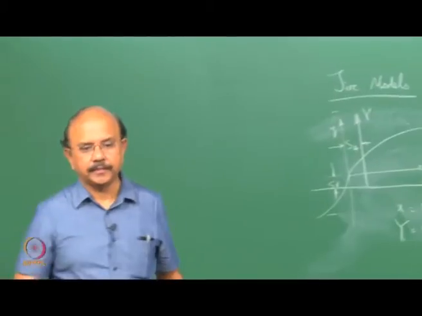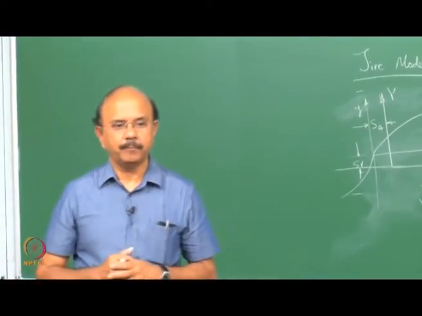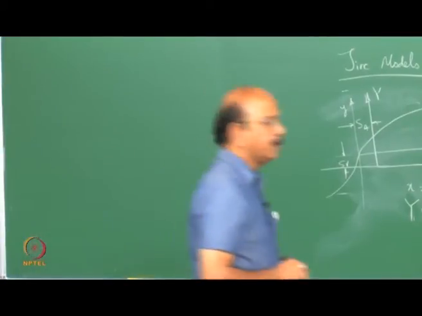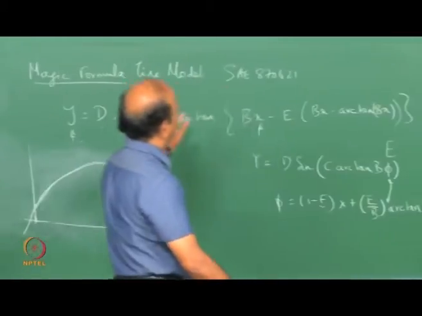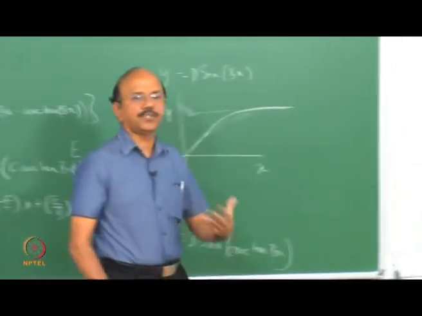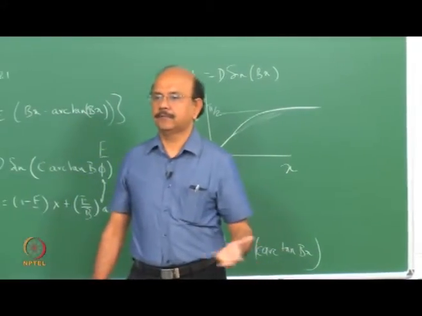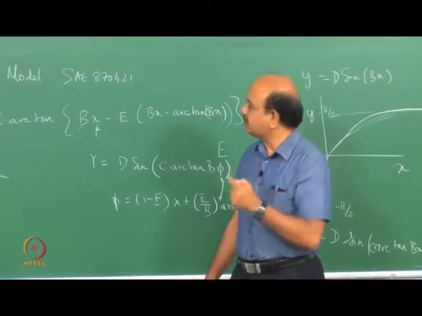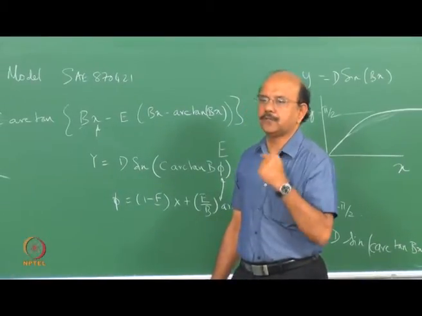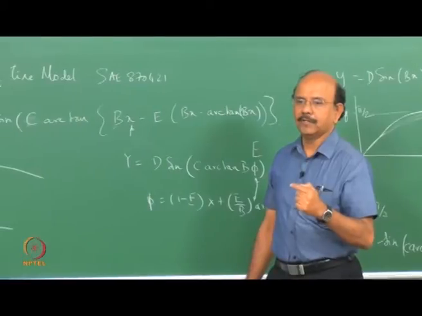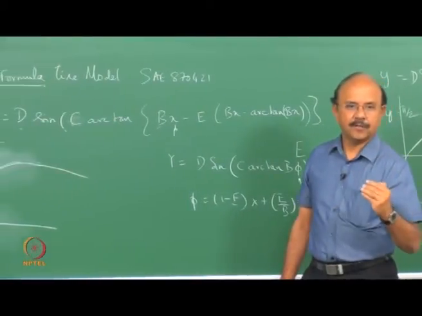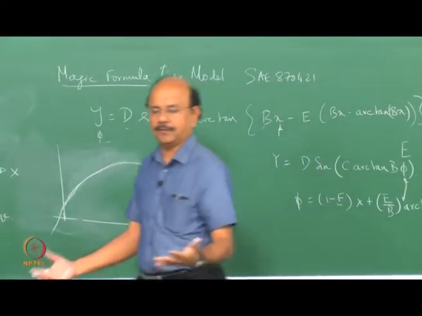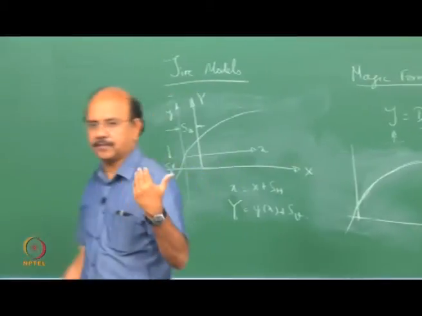Camber, we will wait for a minute, but our friend here is in a hurry. What happens to Fz? What I'm going to do is introduce all these factors as a function of Fz. Before that is one question. What is actually the slope? The slope of this curve, the initial slope of the curve, is very important, so all safe drivers drive in this linear range. So what is the slope of this curve?